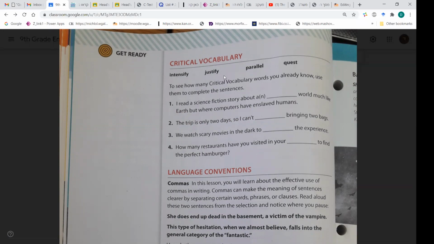Yeah, intensify זה כמו להעצים, לעשות משהו יותר חזק. To intensify. Okay? You can intensify the music, you can intensify the feelings of a story, intensify the colors,